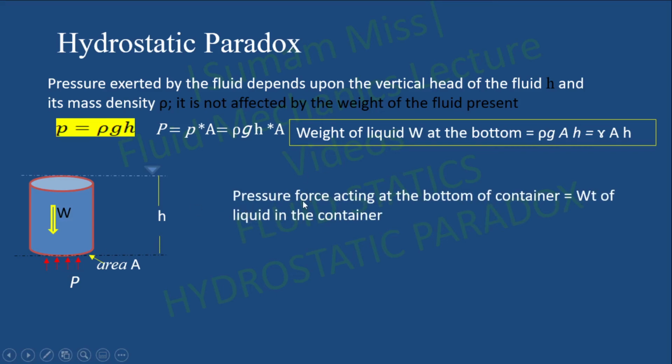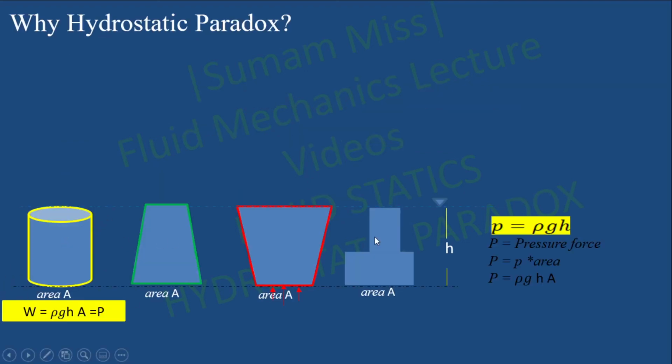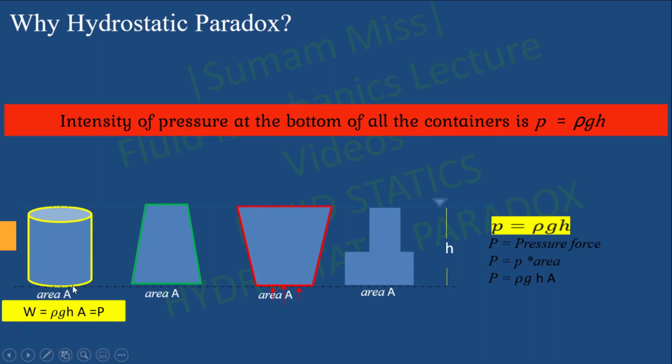So to conclude, the pressure force acting at the bottom of the container is equal to the weight of the liquid in the container. Now let me explain the hydrostatic paradox by an illustration. Consider 4 containers of different shapes. All these 4 containers have the same bottom area, and all are filled with liquid up to the height h. So based on the hydrostatic law, the intensity of the pressure P, that is equal to rho g h, is